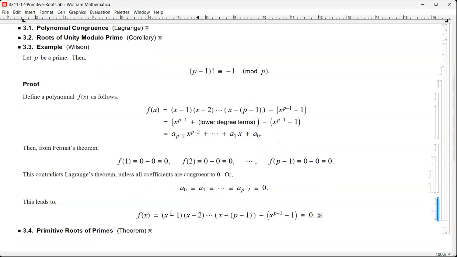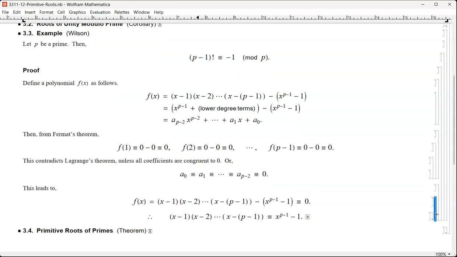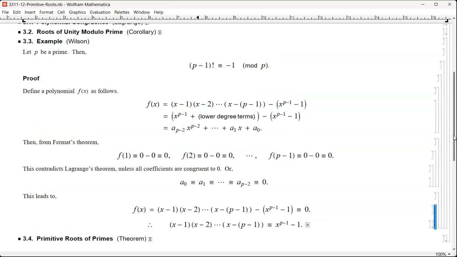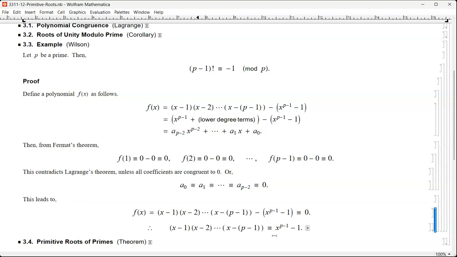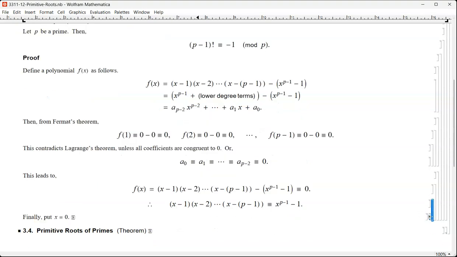So (x minus 1)(x minus 2)(x minus 3) up to (x minus (p minus 1)), minus this Fermat polynomial, is congruent to 0, or equivalently, this product is congruent modulo p to the Fermat polynomial x to the p minus 1 power minus 1. We're almost there. Here, if I plug in 0 in place of x,